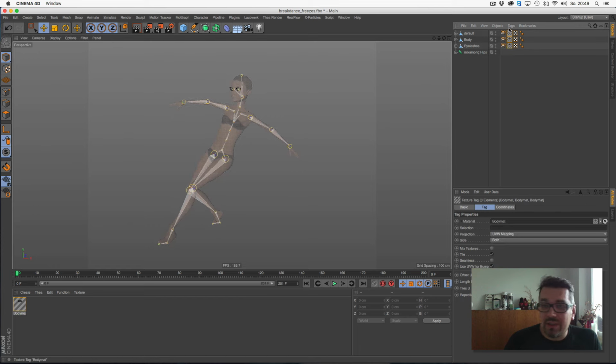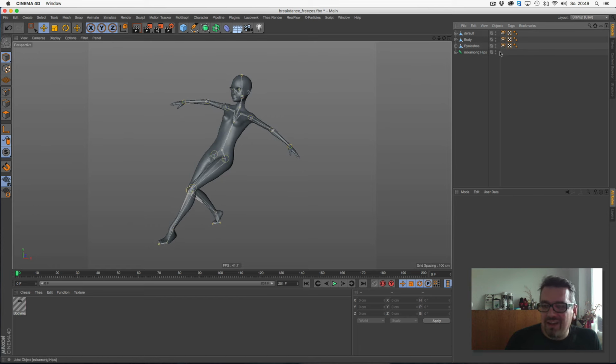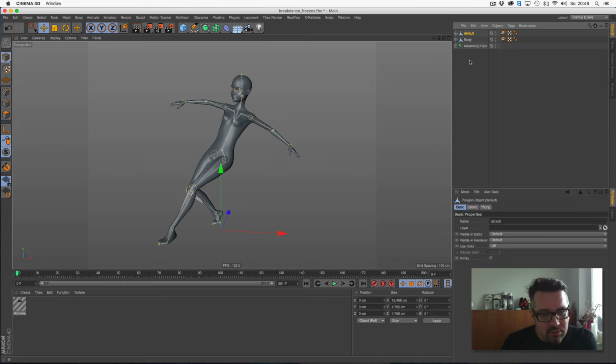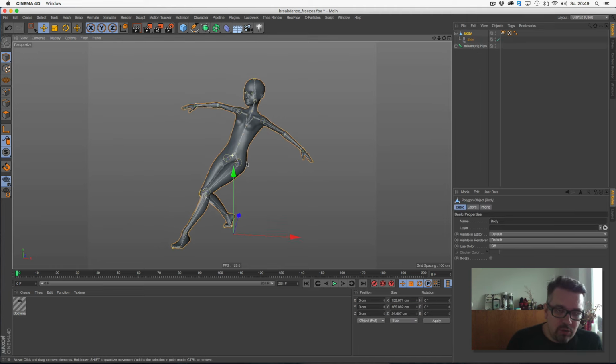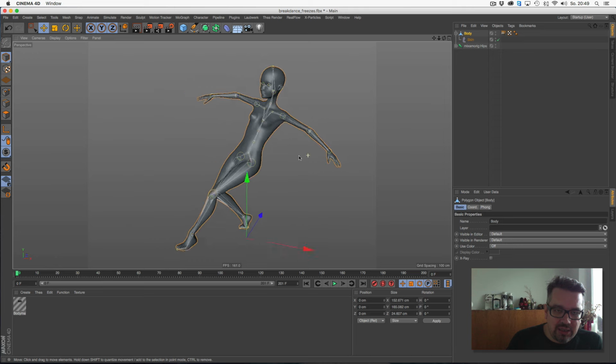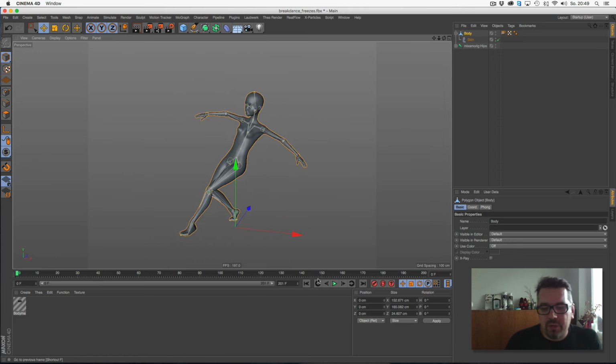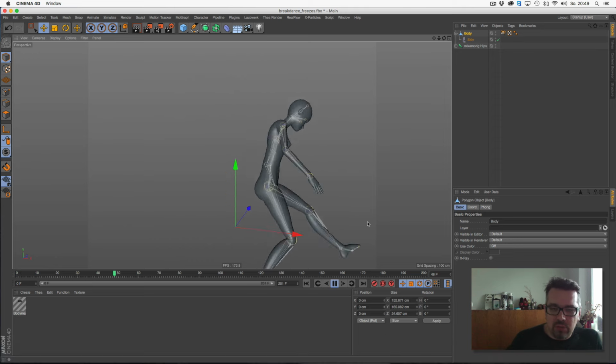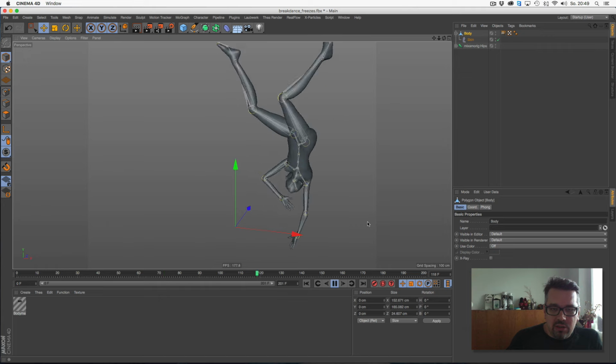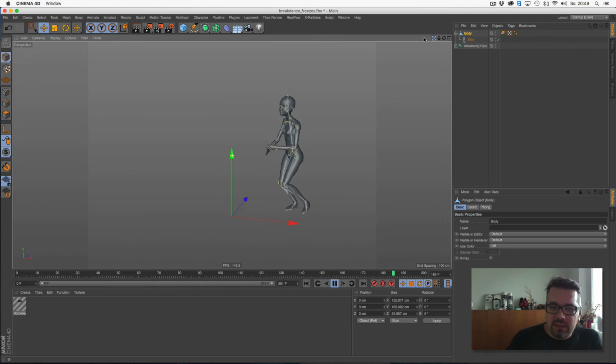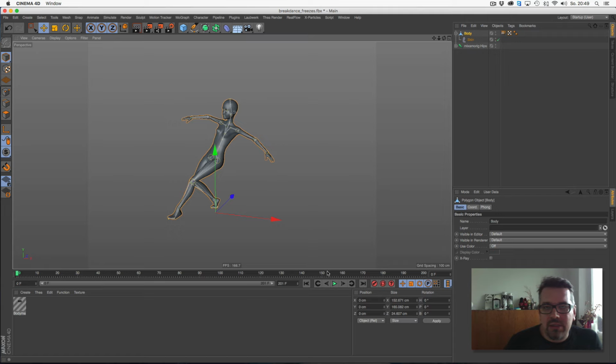In my case it's a girl, and I deleted the textures because I didn't need them. I deleted the other parts because I didn't need them, and the default one I don't know what it is. So we just need the body, like this. And the motion capturing animation is in effect, you see. It's the same breakdancing moves I used in the B-Boy animation.